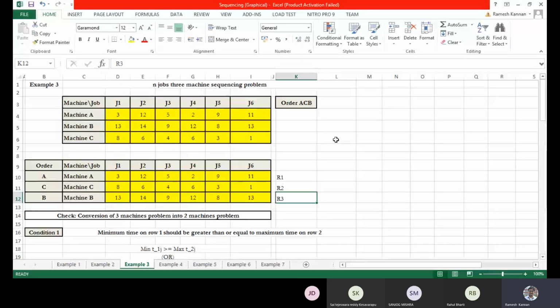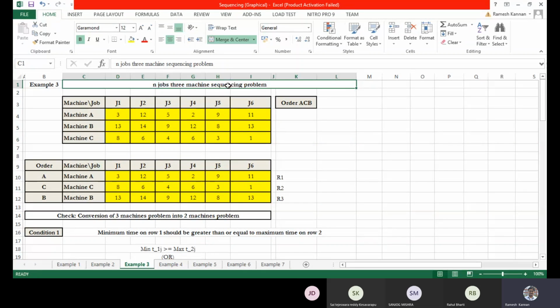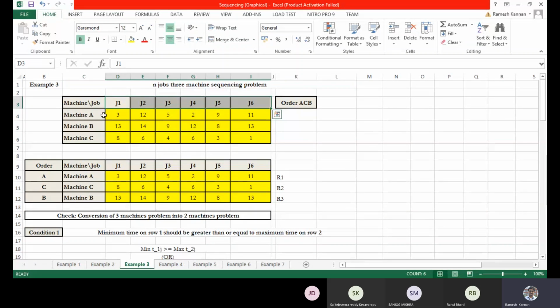So I'll explain that. In this case, we have n jobs and 3 machines. Here I've got 6 jobs and 3 machines, and the order I wanted is ACB. So initially I put A, then C and B. If it is BCA, then I'll put B first, C second, and A third, based on the order. This order and input will be given in the question, so you don't have to worry.